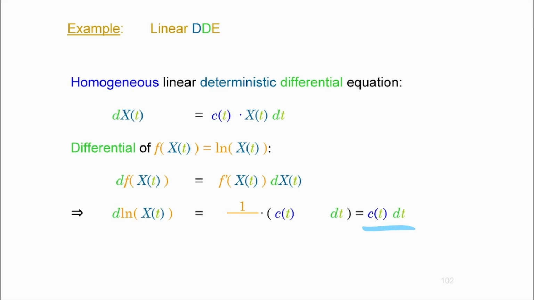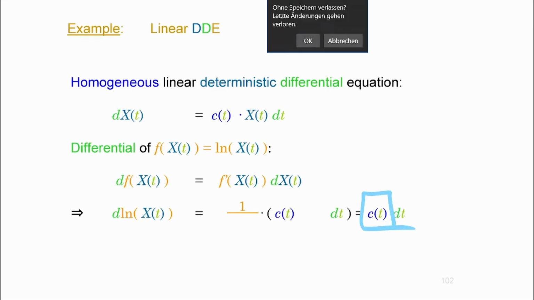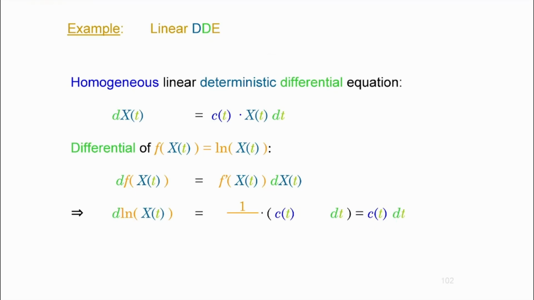So c is a deterministic function in this regard. If it's a constant, then you have a constant return or a constant growth rate, evolving some sort of risk-free asset, but even if it's not a constant, it could be a deterministic one. That's what you have here. But you still don't have the solution. To get the solution, you need to reverse the logarithm, and you can do this by using the exponential function later on. But I'm going to show you how.